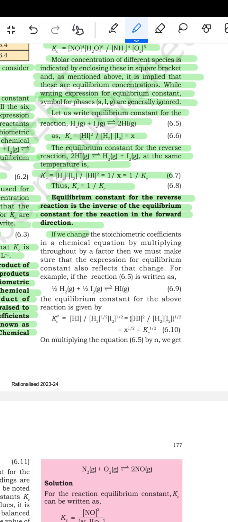It also says that if we change the stoichiometric coefficients in a chemical equation by multiplying throughout by a factor, then we must make sure that the expression for the equilibrium constant also reflects that change. For example, if reaction 6.5 is written as ½H2 + ½I2 ⇌ HI, the equilibrium constant for this reaction is given by K'' = [HI] / [H2]^½ [I2]^½, that is [HI]² / [H2][I2] raised to the half, so x to the half, that is Kc to the half. So on multiplying equation 6.5 by n, we get